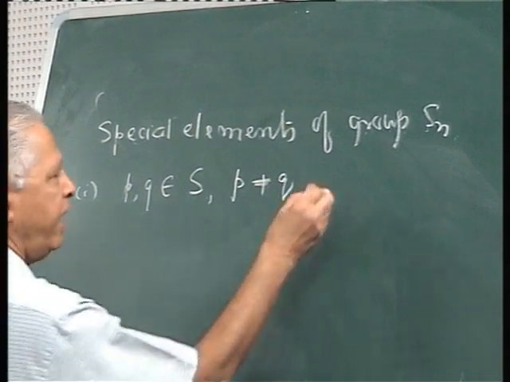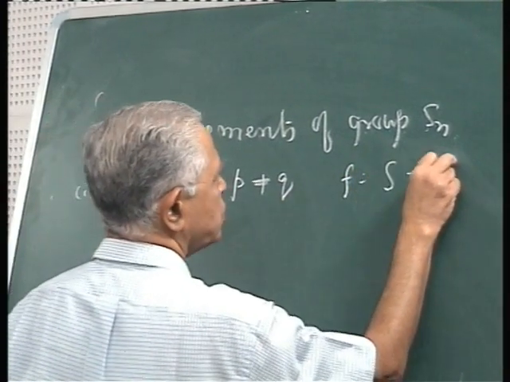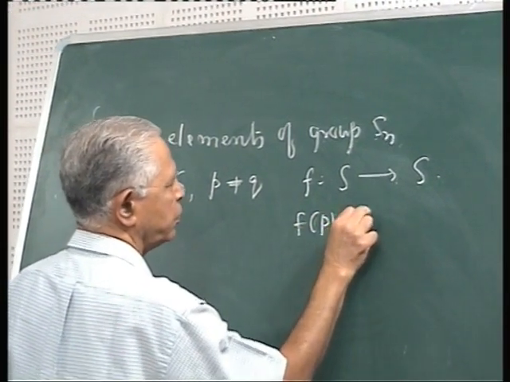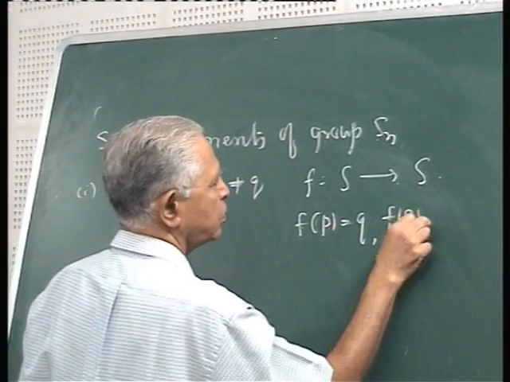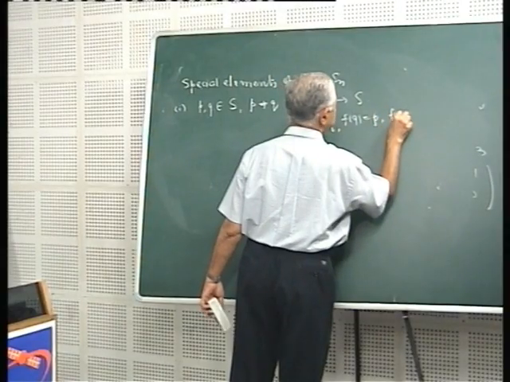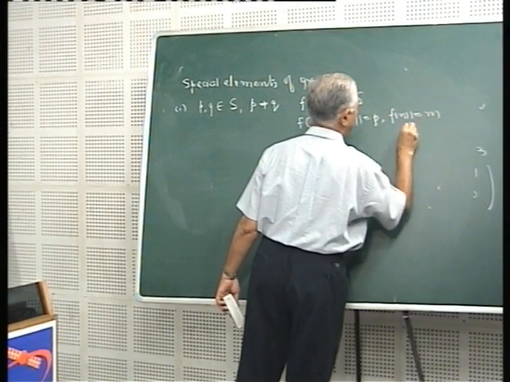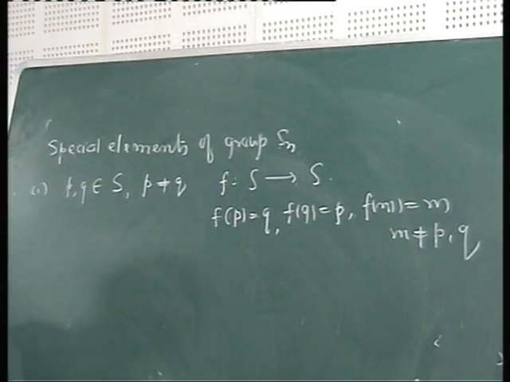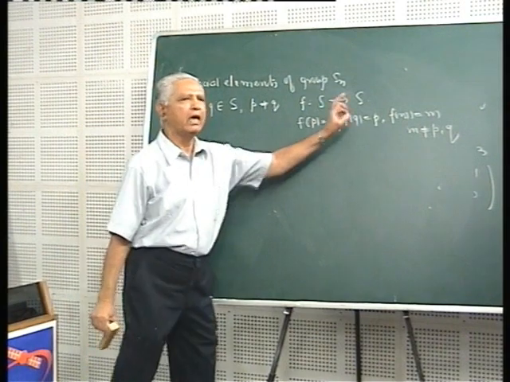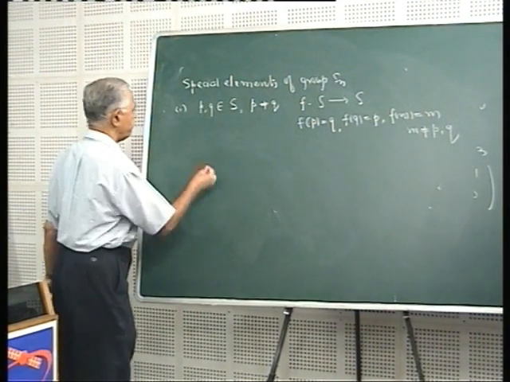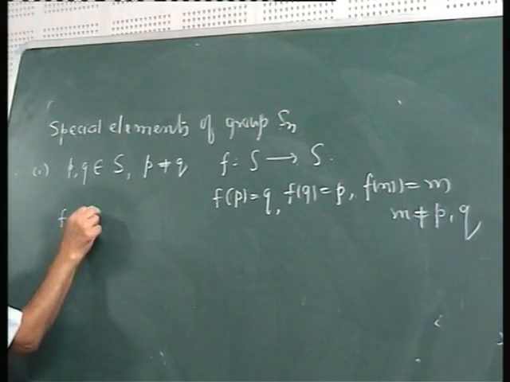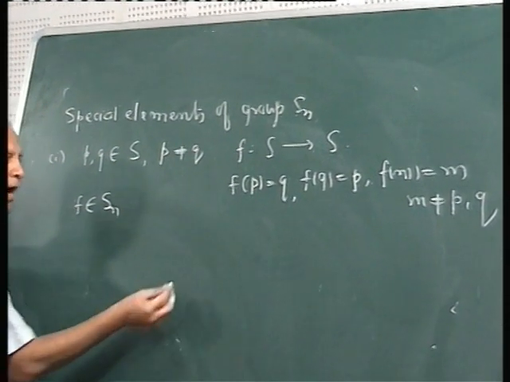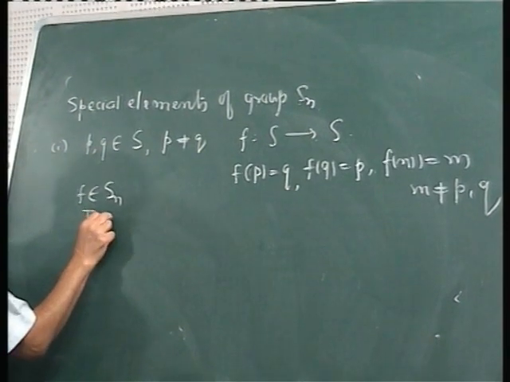Define the map F from S to S like this: F(p) is equal to q, F(q) is equal to p, and F(m) is equal to m for m different from p and q. And what we can say is that F is both one-one and onto, and so this F belongs to Sn. This F defined in this special way is known as